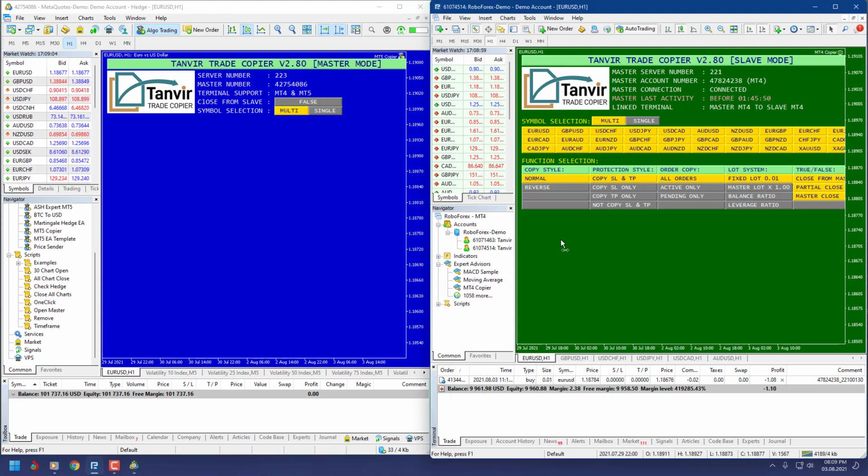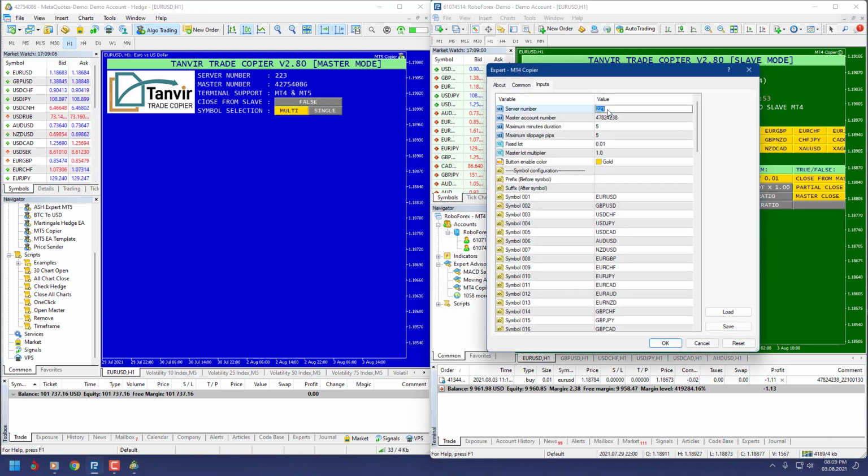Then go to the input option of the copier running on the chart of slave accounts and replace the new server number and master account number.